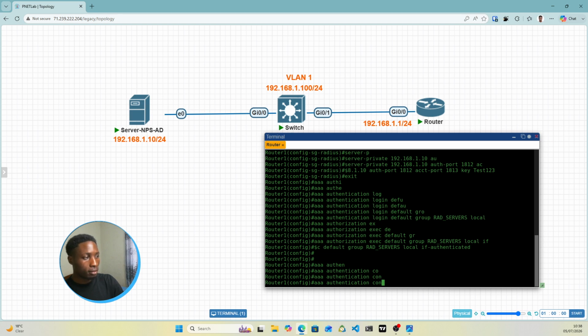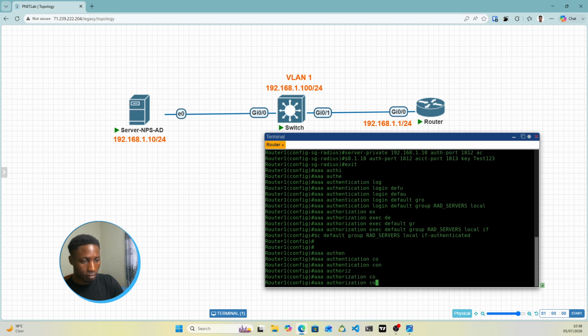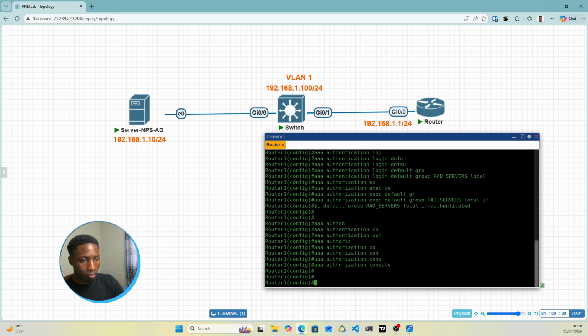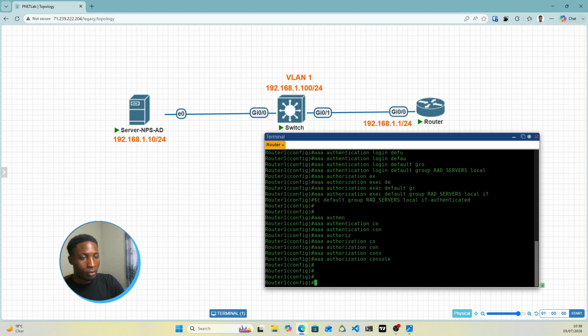We need to do that authorization console, rather. We'll set the AAA authorization console, and when that is done,